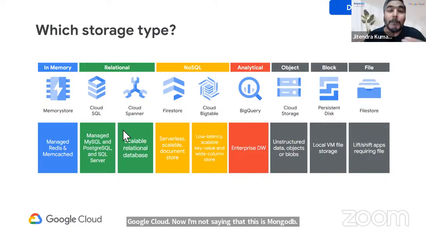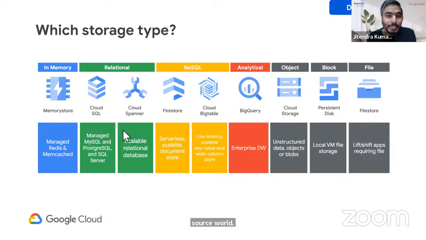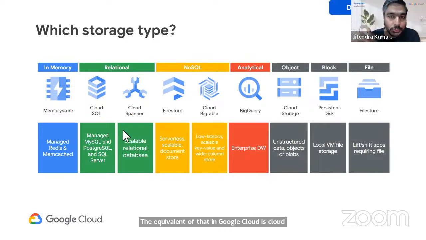I'm just giving you a comparison for you to start making up your mind. Hey, I know about MongoDB, it is equivalent of MongoDB. It could be far better than MongoDB or may not be. So it is for you to compare and look at feature, functionality and capability. Now, if I compare another open source database like Cassandra, a very popular NoSQL database in the open source world, the equivalent of that in Google Cloud is Cloud Bigtable. So these are two NoSQL database choices that we have in Google Cloud Platform.